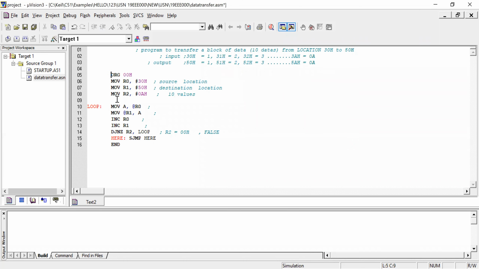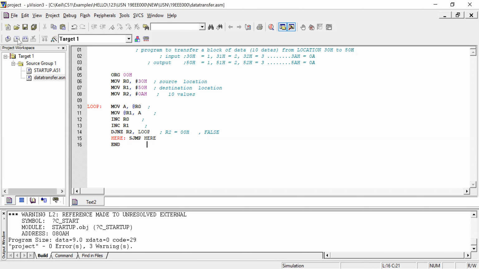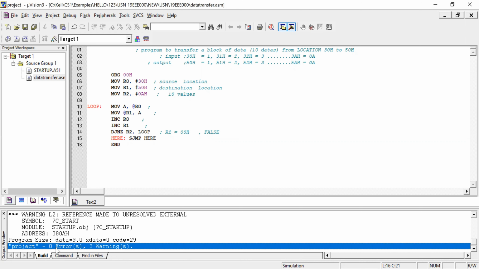Once I have developed a program, I want to check whether there is any error in my program or not. For example, I'm going to build here. In the left corner you can see build target. If I click on that, it will show whether there is an error or not. Zero errors.